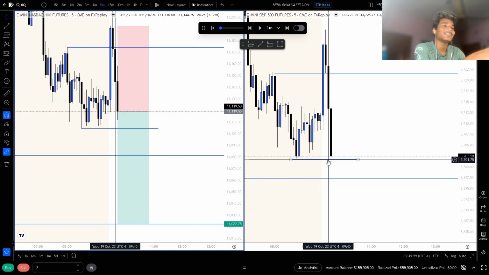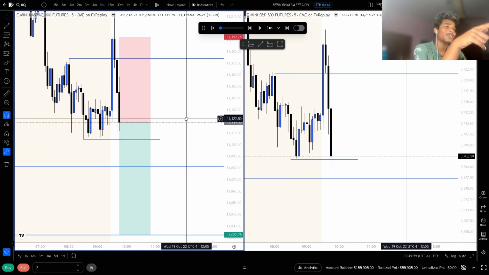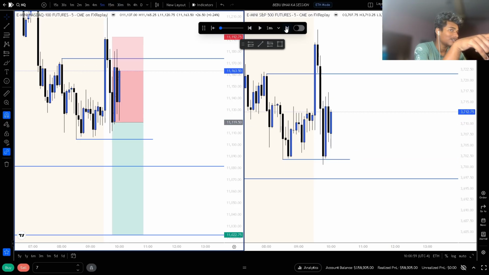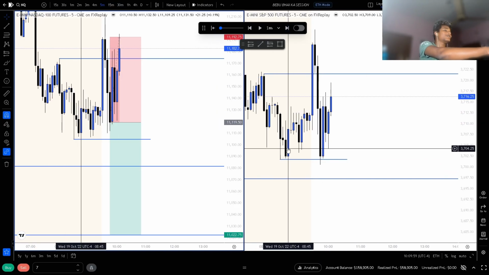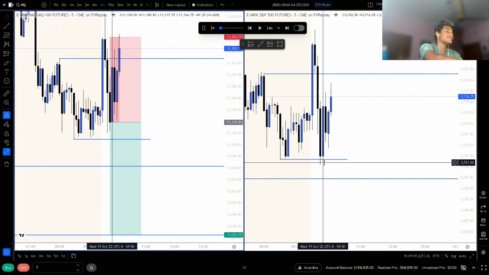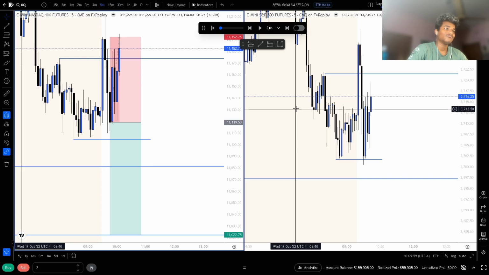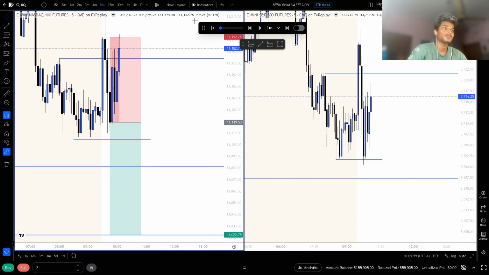Now that's the reason why the market will manipulate my stop loss. But there's a very high chance this setup is just gonna play out. So that's the reason why the market is gonna manipulate my stop loss, because ES has already taken out my break-even point, and yeah, that's it.